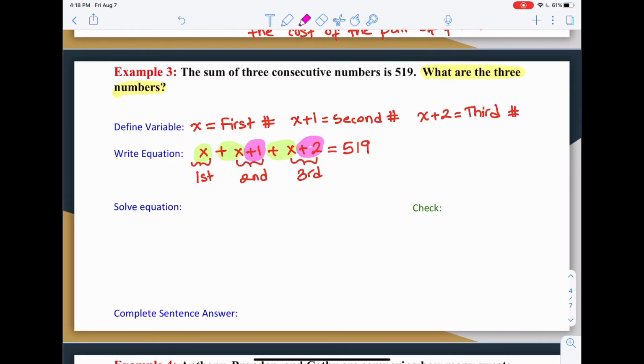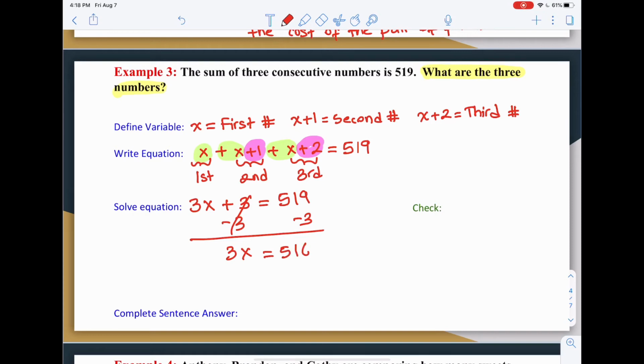Now let's add. x plus x plus x will give us 3x, plus 1 plus 2, 3, equals 519. Let's subtract 3 from both sides. 3x equals 516. If I divide each side by the coefficient of x, my final answer should be